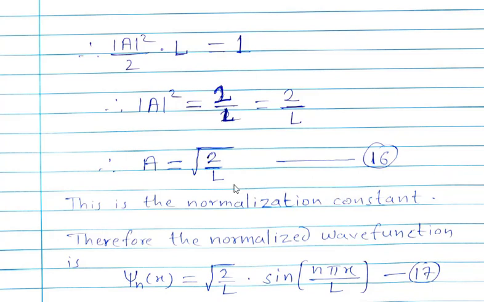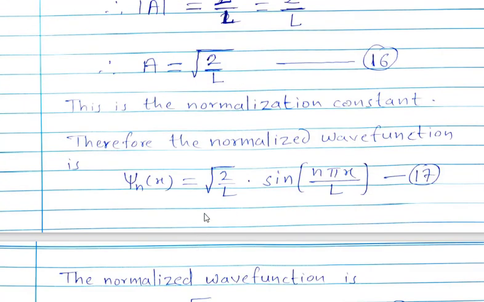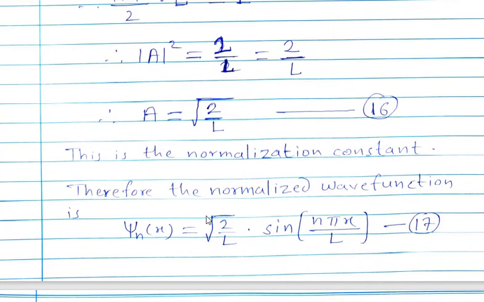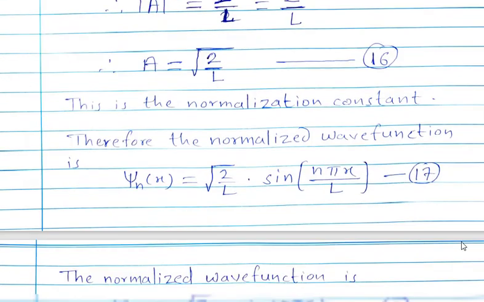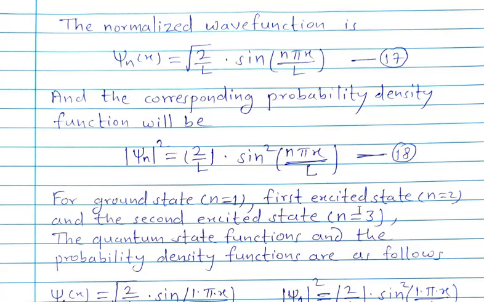Now upon substituting its value in the wave function, psi of x becomes, A will be replaced with root 2 by L, into sine of n pi x by L. This represents the normalized wave function, and it indicates the nth state of the particle confined inside a one-dimensional rigid box. So psi n of x is this one, which is in equation number 17. And